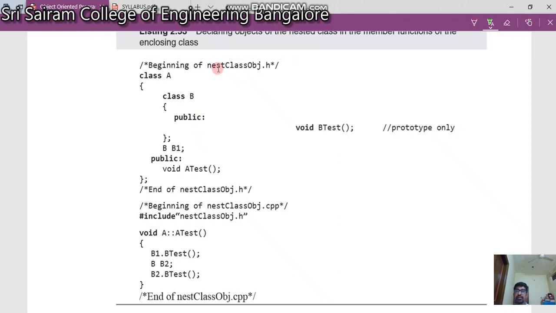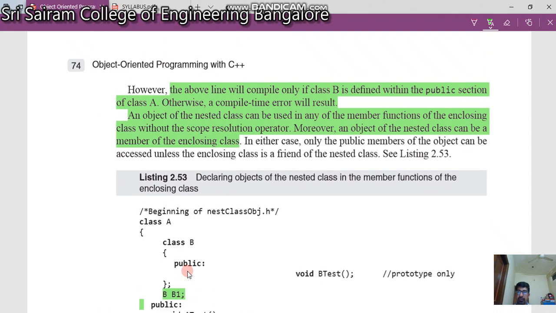This I have put in nest class obj.h. After this, I'm writing the definition for my test. So test belongs to class A, and b1.bTest I can call. B1 is my object of the nested class. If I want, I can create another object, B2. I've created two objects, B2 and B1, which can be members of the enclosing class, or I can even create objects outside the enclosing class. And using this object I can access the method, again B2.bTest. I could do this. So this is the meaning. An object of the nested class